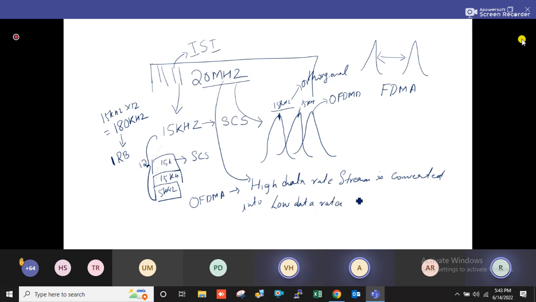Low data rate, very important, is low data rate parallel streams. So this is very important. It is not serial. So if 15 kilohertz I generate, at the same time I am generating this 15 kilohertz also. So it's a parallel transmission, a slow, low-rate parallel transmission in orthogonal